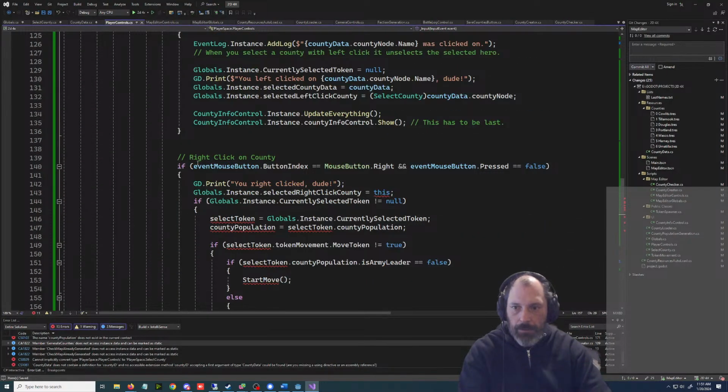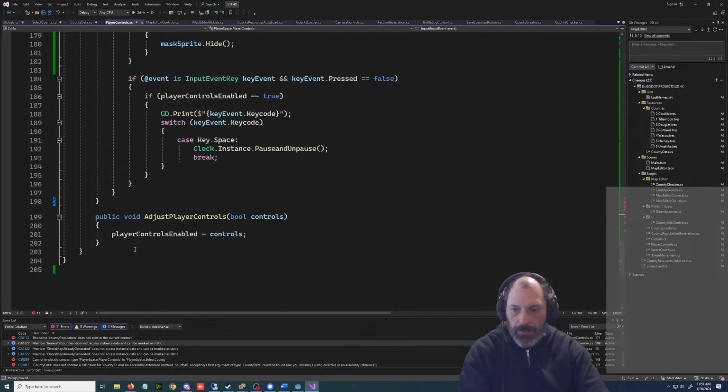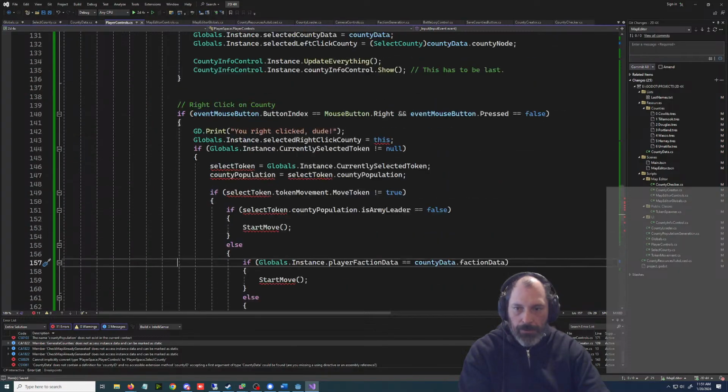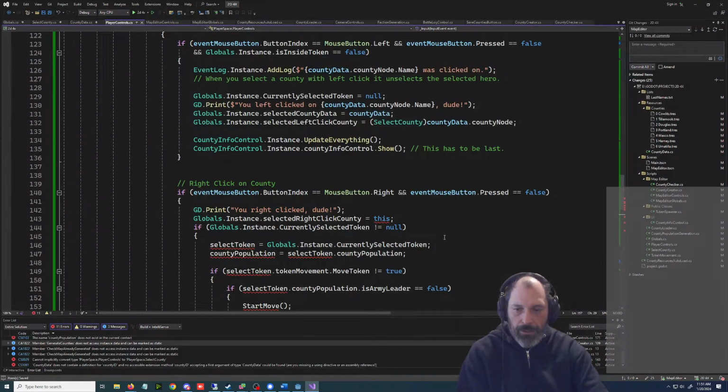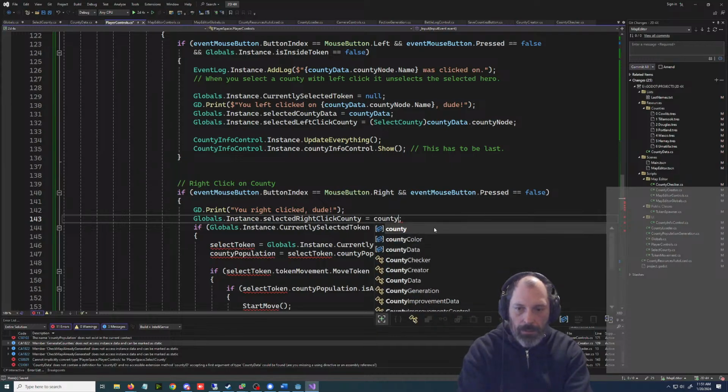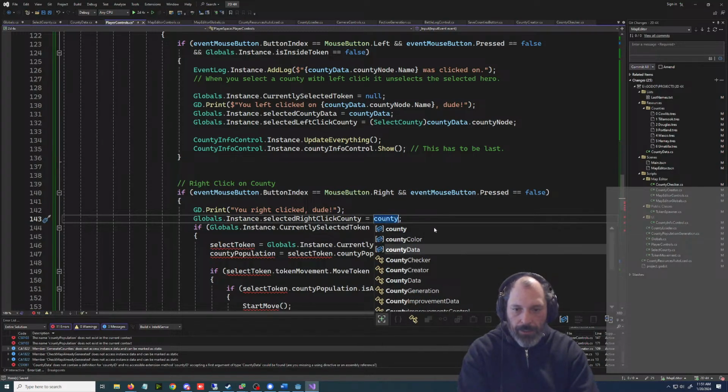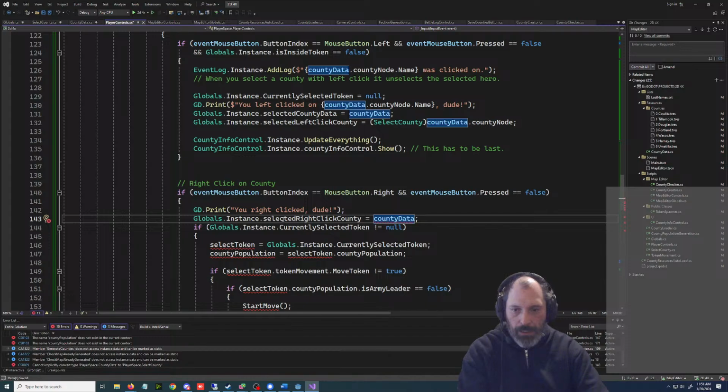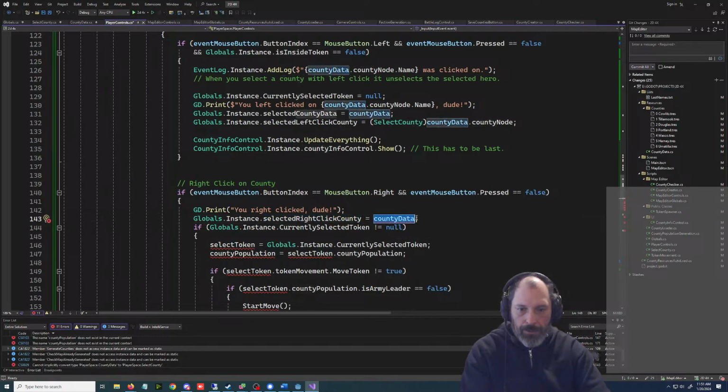And then, I think we probably have an extra one. No, we don't have an extra one. All right, now we just go around and fix all of these. This is going to be county data. Do you want a county data or what do you want here? I guess you want a county data. Should probably rename that. Oh no, it doesn't want a county data. What do you want? Select county. So this should actually be,